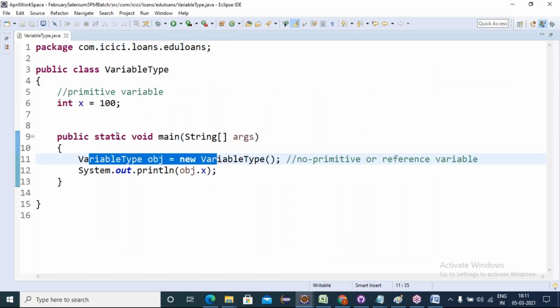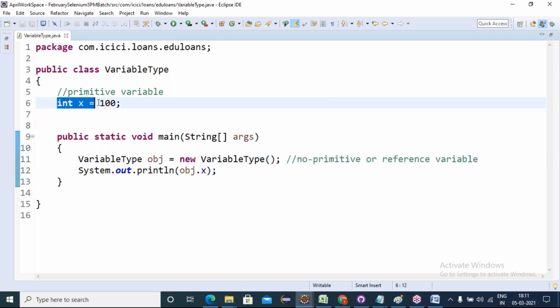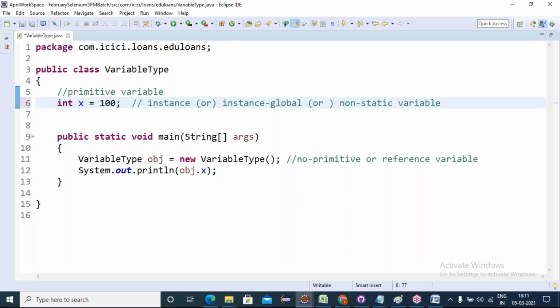First is instance variable declaration. A primitive variable defined in an instance position is called an instance variable, or we can call it an instance global variable, or a non-static variable.